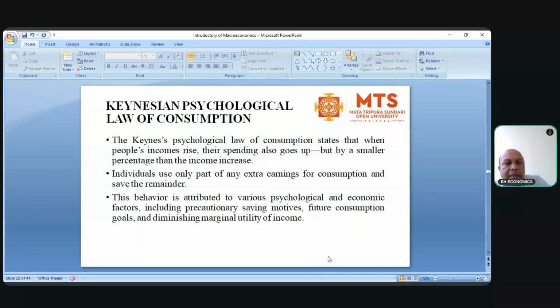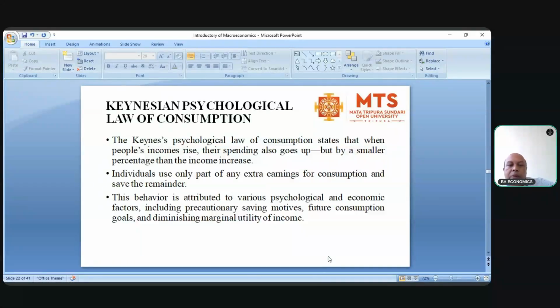The third important reason behind this psychological law is the diminishing marginal utility of money or income. It means when the income of people increases, then the value of money to that person will decrease. So when income increases, he does not want to spend all the money, because for him the value of money has now declined. Here I give one simple example: